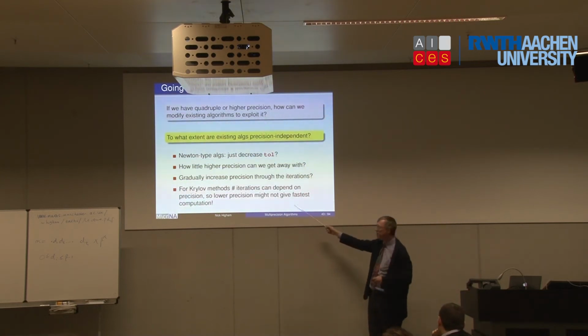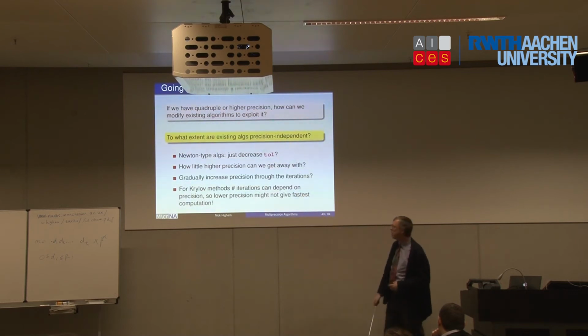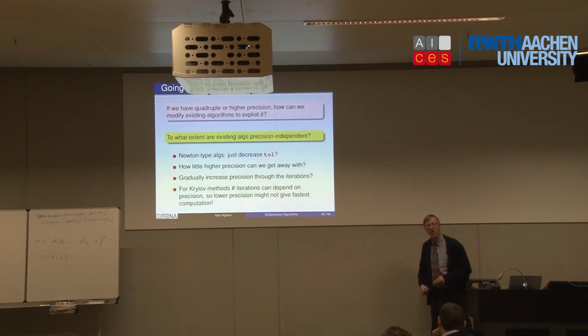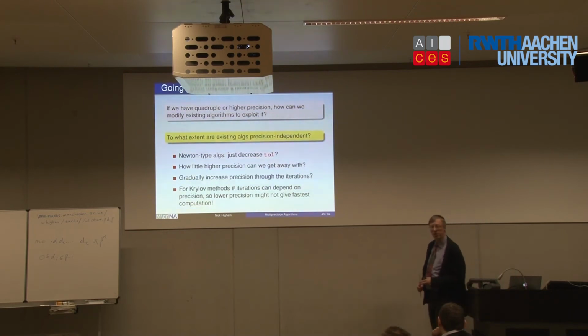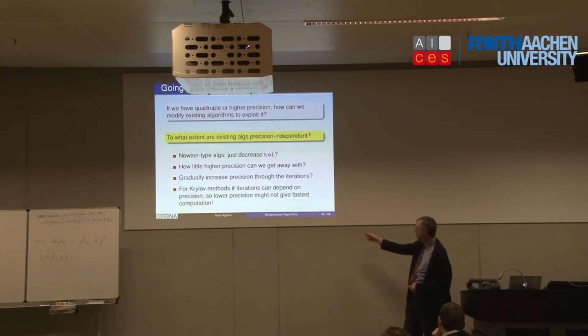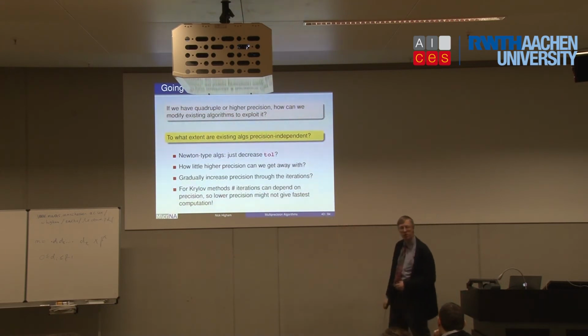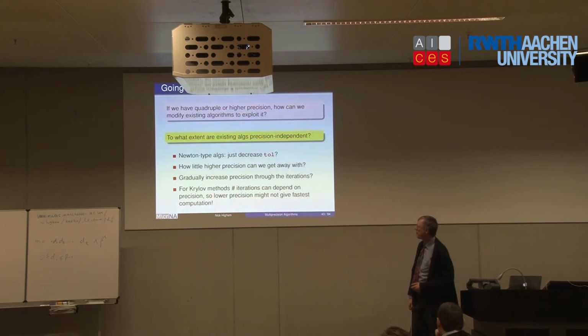This is the point from earlier: in higher precision you require fewer iterations. This is not so obvious a point. Lower precision might give you slower convergence than you expect. So this is a benefit of higher precision.